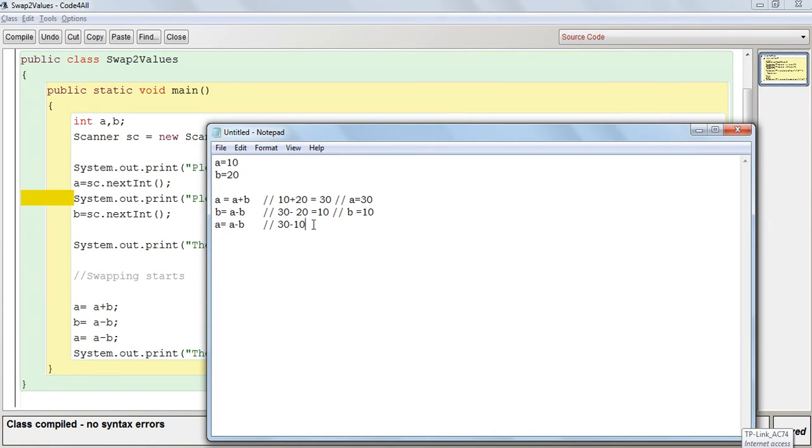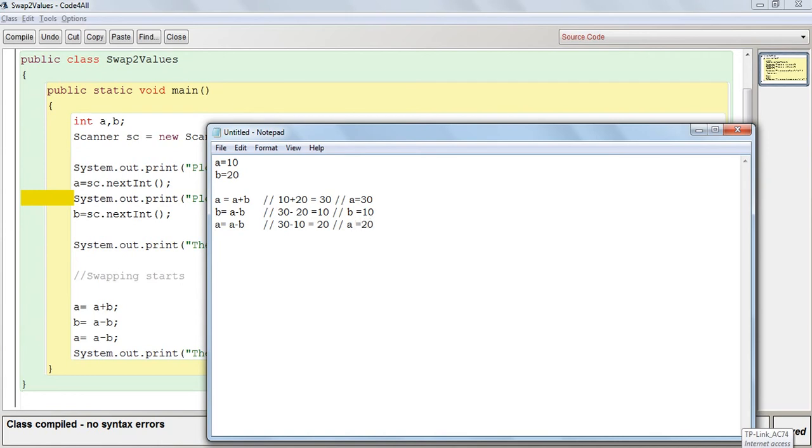The value of b is 10, so that is 20. So it's coming that a is equal to 20.